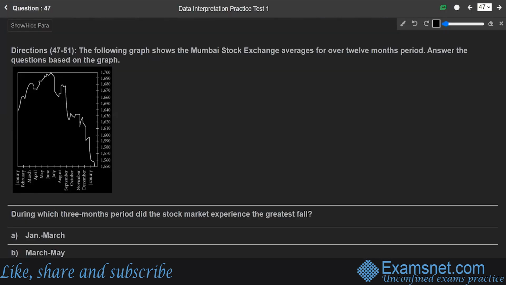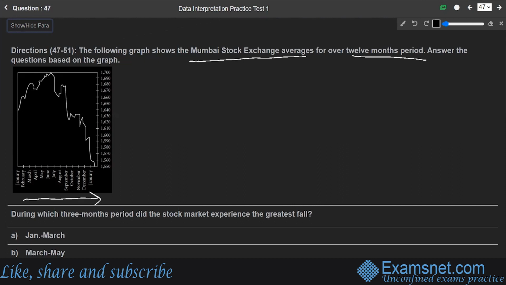Okay, so the question says there's data presented, and as per the data, we have to solve the questions. The data is about the following graph, which shows the Mumbai Stock Exchange averages over a 12-month period. Answer the following questions. If we closely look at the data, we can see on the horizontal axis